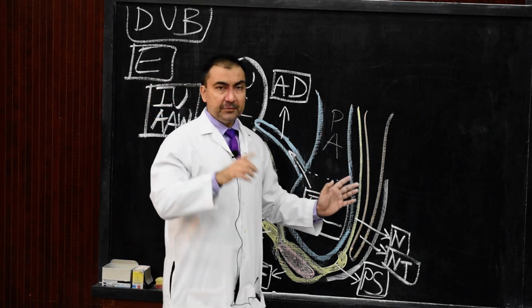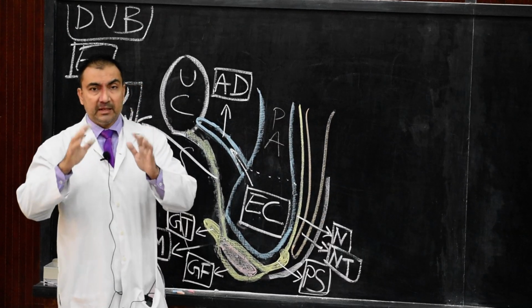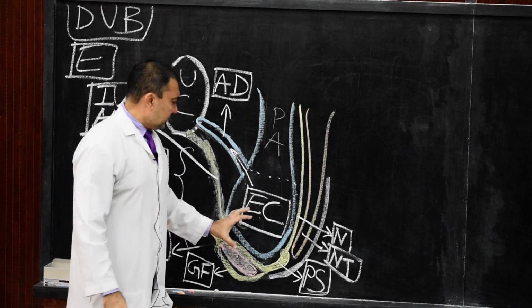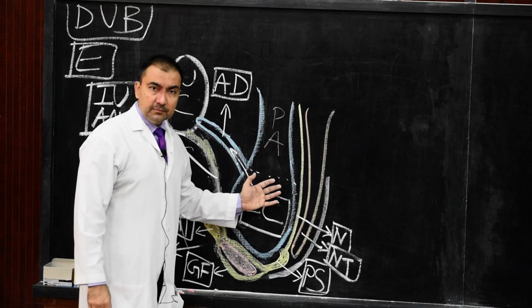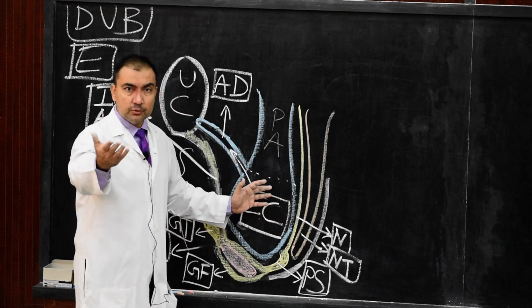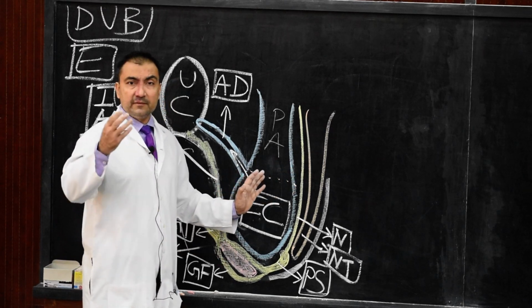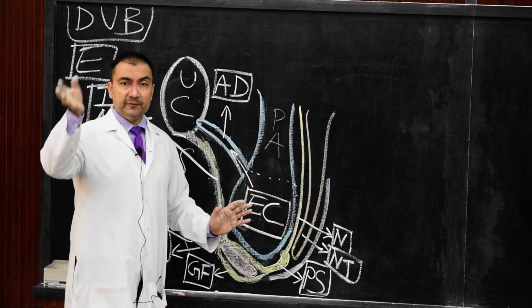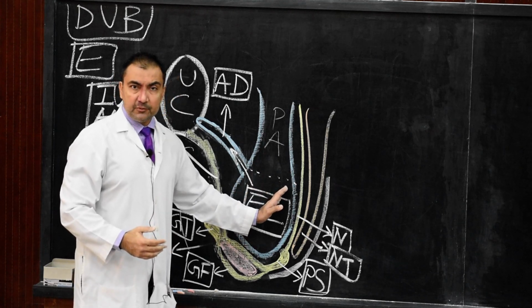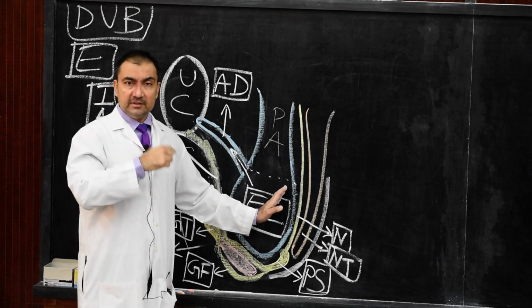Now here we have dealt with embryogenesis part 1. Coming up in the next segment will be embryogenesis part 2, where we will discuss how the urorectal septum will divide the hindgut, that is this endodermal cloaca, into ventral and dorsal parts. The dorsal part will be known as rectum and the ventral part will lead to development of urogenital sinus. And it is from this urogenital sinus that urinary bladder and urethra develop. And from the dorsal portion, that is the primitive rectum, there will be development of rectum and anal canal. So in part 2, we will deal with these points.